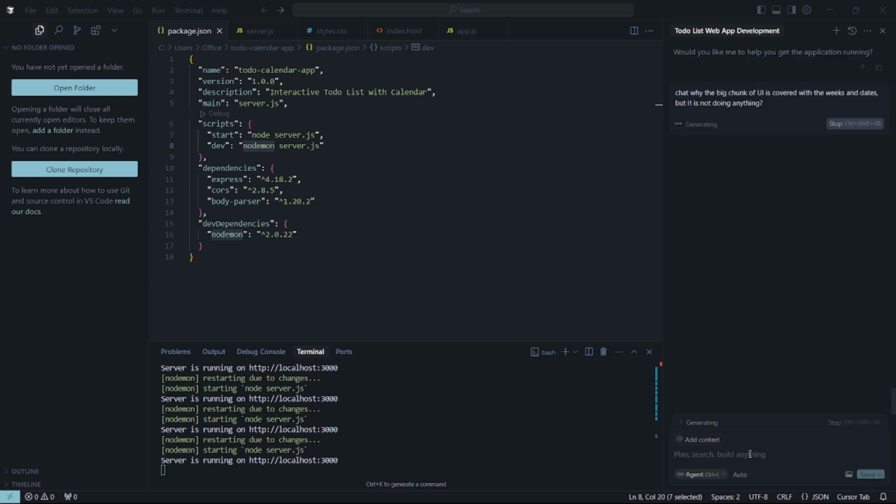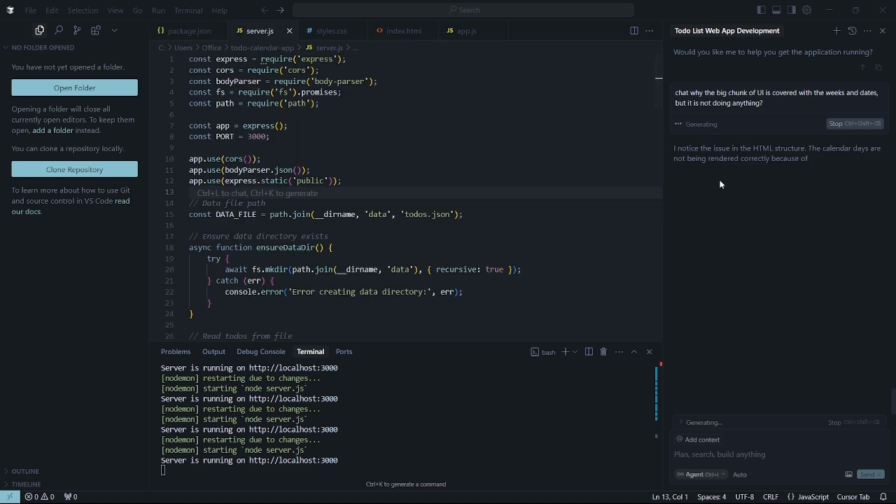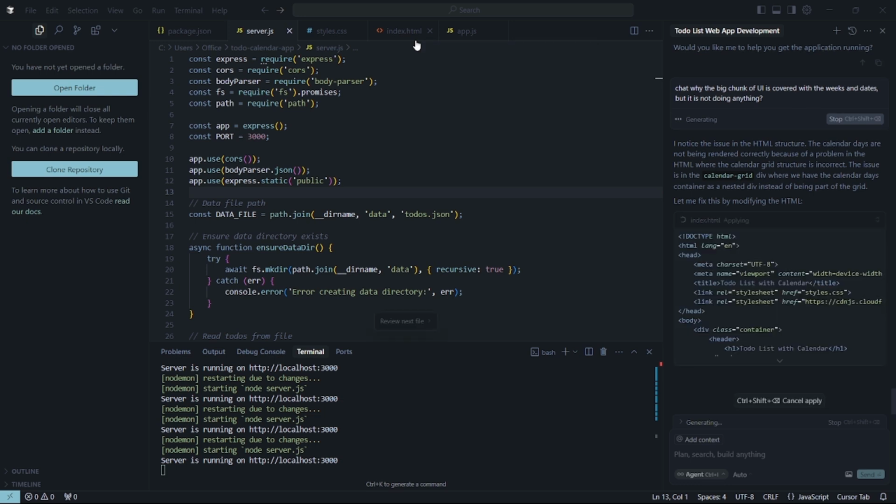Let's see what this gives. I hope it will answer me with something informative. I noticed the issue in the HTML structure. The calendar days are not being rendered correctly because of a problem in the HTML where the calendar grid structure is incorrect. Okay, the issue is the calendar grid div. So see Cursor today, to Cursor I gave quite a